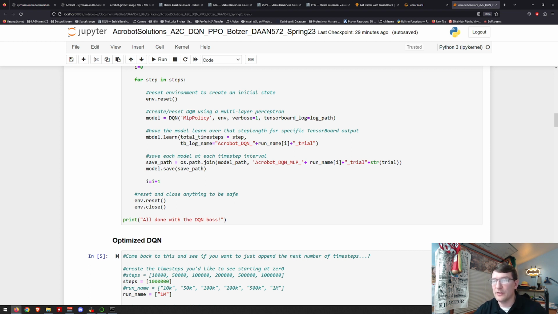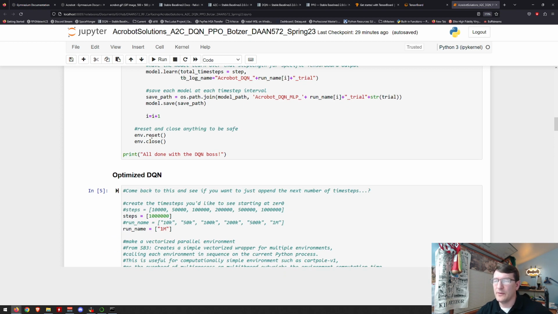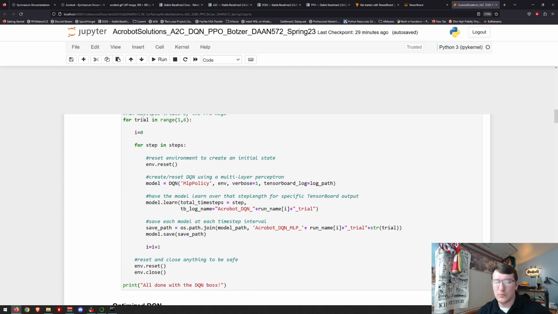We simply ask Gymnasium to run some learning on this, run it for all the time steps that we want: 10,000, 50,000, 100,000, all the way up to 1,000,000. We log that out into the TensorBoard area with a log name, and then we save that model so that we can grab it back later, which we'll see some models at the end of this. And then we do it again, and again. Once we're done with that, we reset the environment, we close it all out, and it runs 5 new trials